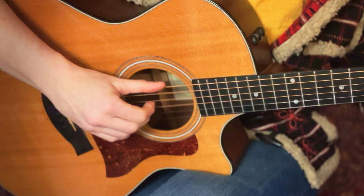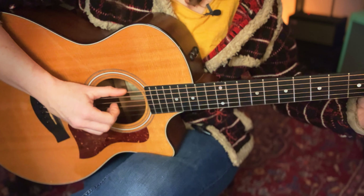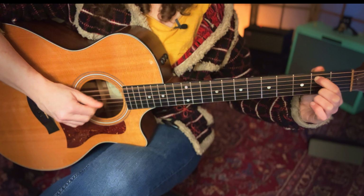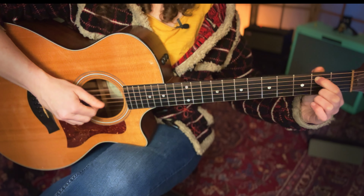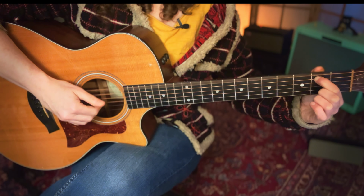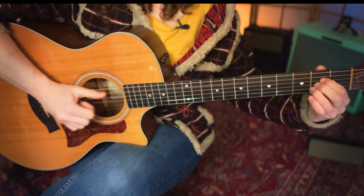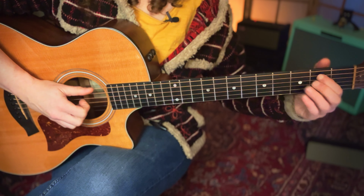So when we combine the two, we get that real punchy stepping force. So I would say practice that on one chord to start off with to get your time in, get used to the feel of it, and then move on to your next chord and practice that. Putting these chords together,